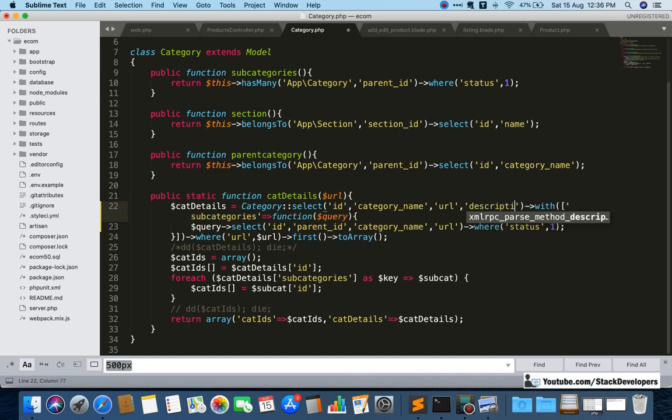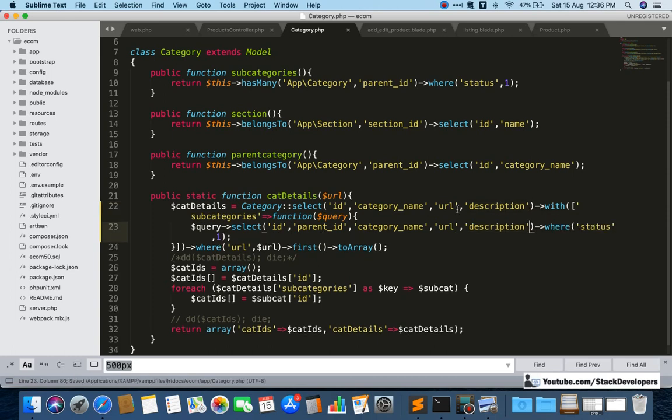And also we require the description of the subcategory if someone opens this subcategory link, so we require description in both. So we must add in both, because sometimes the user will open the category, sometimes the user will open the subcategory. Okay, so the description is added now.